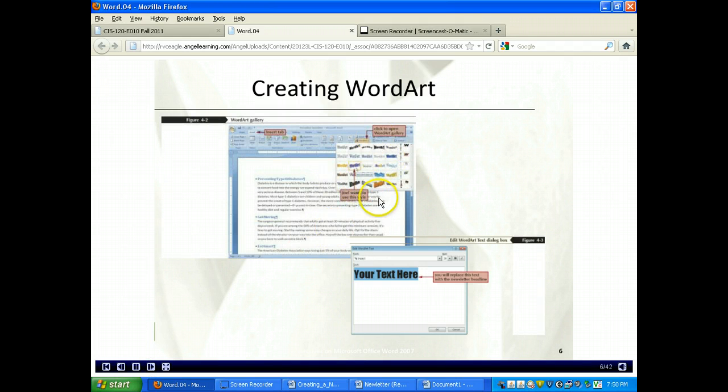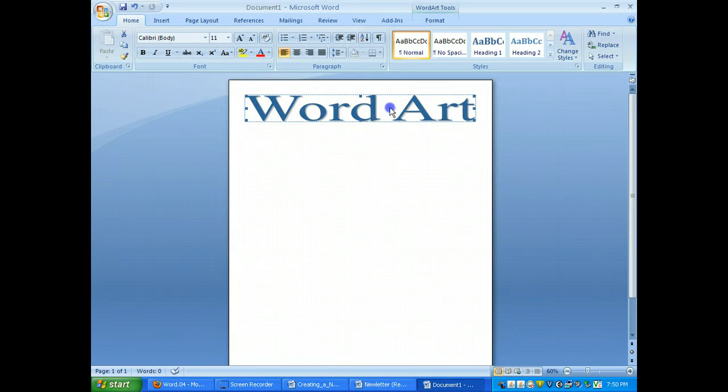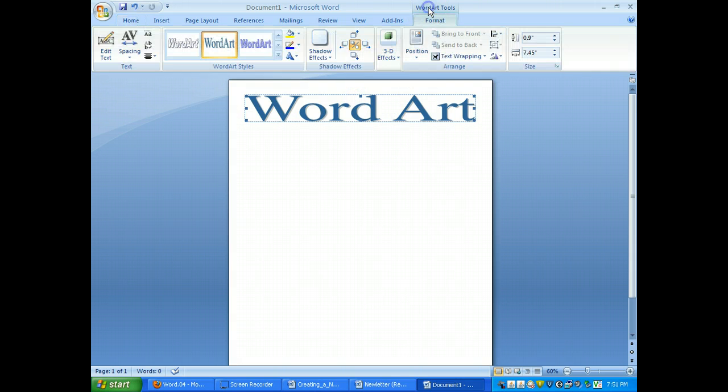So again, just like we did here, you can choose whatever style you want, select that style, type in your text, click OK, it inserts it, and there is a format tool that shows up on word art. If I click on it, go away from it, come back here, it says word art tools,